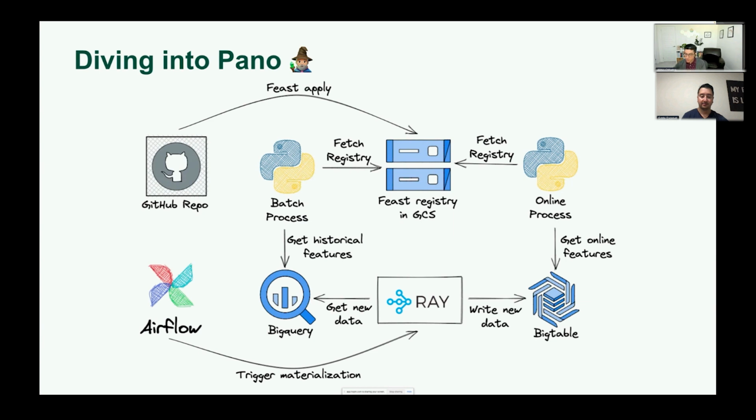Diving a little bit deeper into Pano, this is a very typical setup for Feast installations. Let's start from the top left corner. You've got a GitHub repo containing all your feature views, feature services, entities, all the Feast objects. When you make a pull request to that repo, we basically